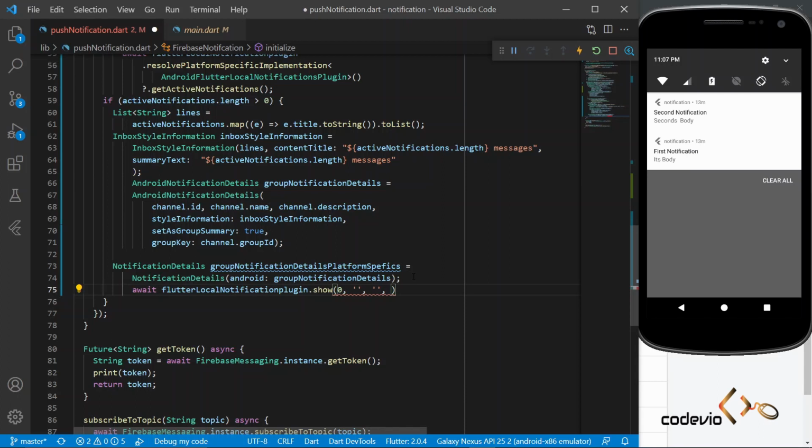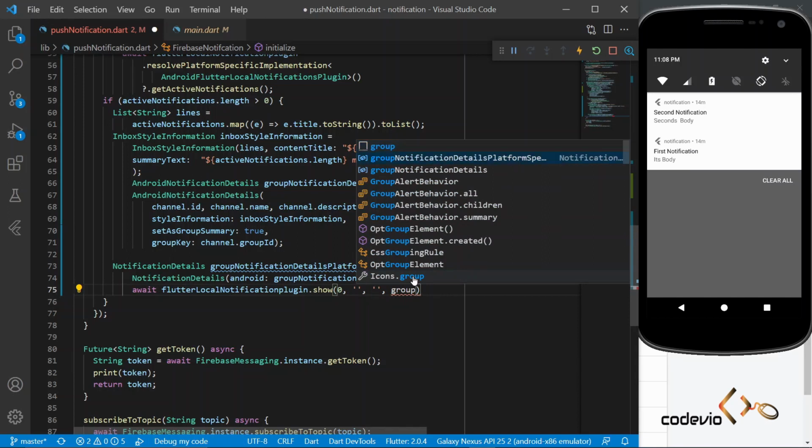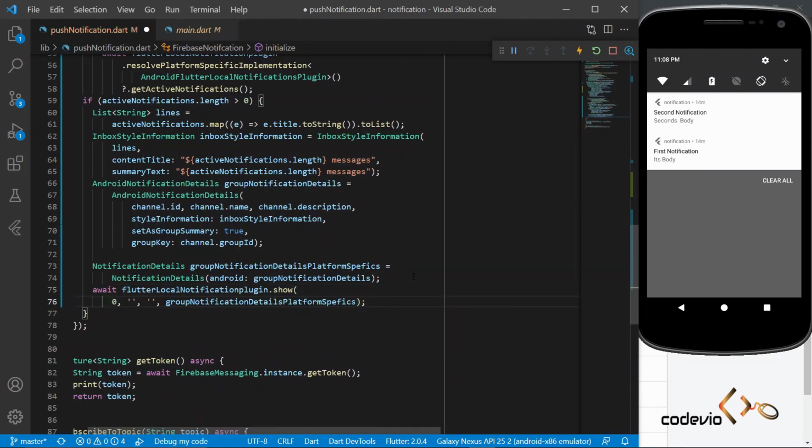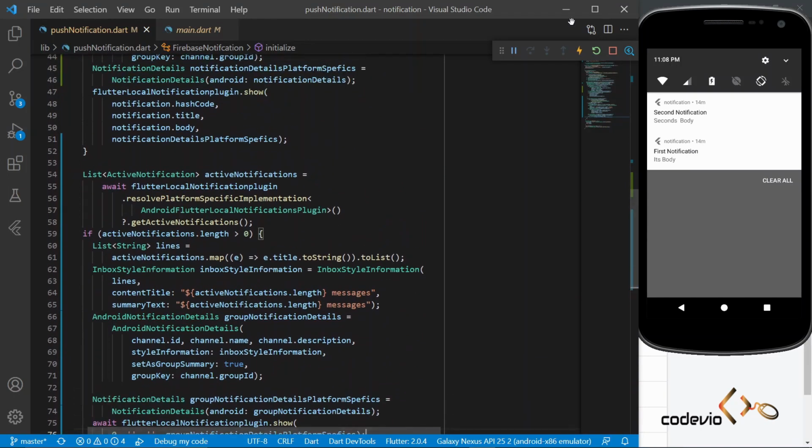The id will not change after each notification, so we will get the old one removed if there are duplicates. That's why we use the id as a hard coded value. So I think our implementation has been done. I will show you the code once more, and let's start.